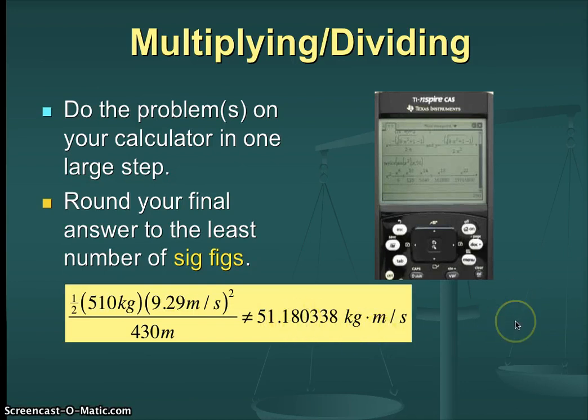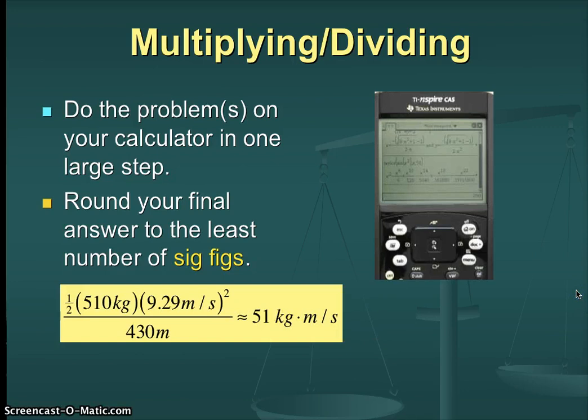The only truthful thing that we can say with 2 sig figs here and 2 sig figs here is that all told, it's about 51. Maybe a little more than 51, maybe a little less than 51, but we can't truthfully say that it's 51.1 or 51.2. For all we know, it could be 51.4, it could be 50.786.